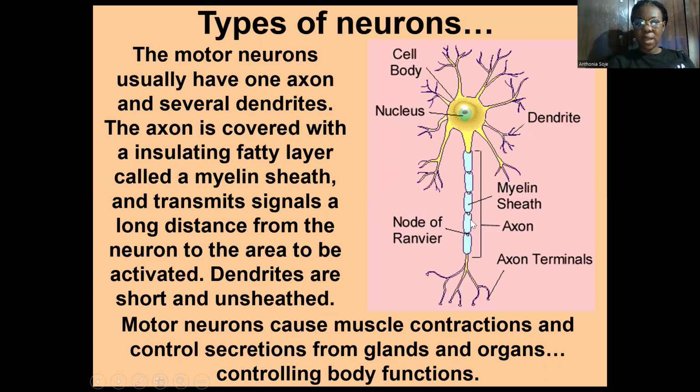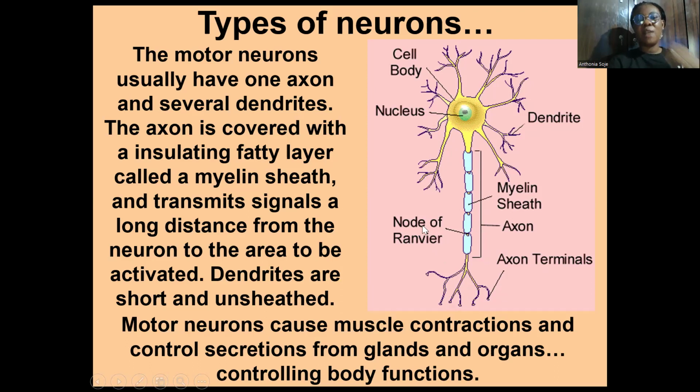These are the myelin sheaths. And this myelin sheath would help to transmit signals across a long distance from the neuron to the area to be activated. So assuming the axon terminals are ending on the area to be activated, it will transmit signals across this length of the axon through the myelin sheaths. And dendrites, they are unsheathed. You can see these don't have this type of myelin sheaths on them, and they are much shorter than the